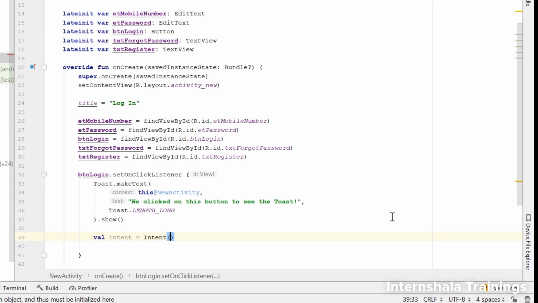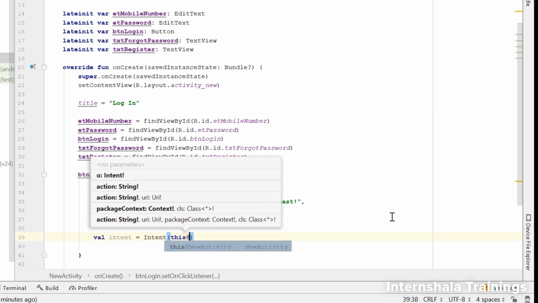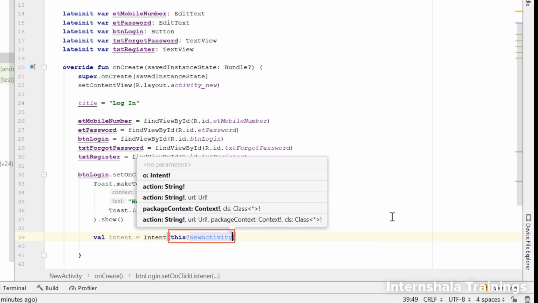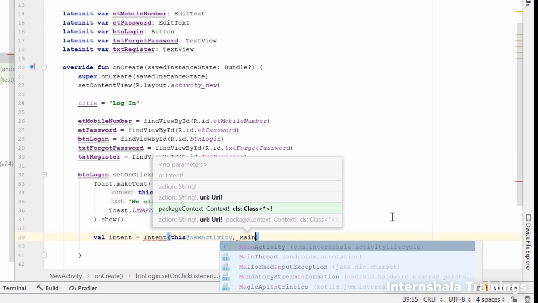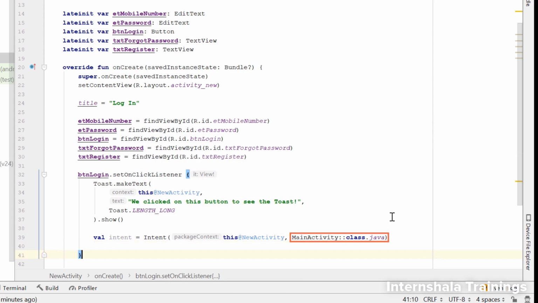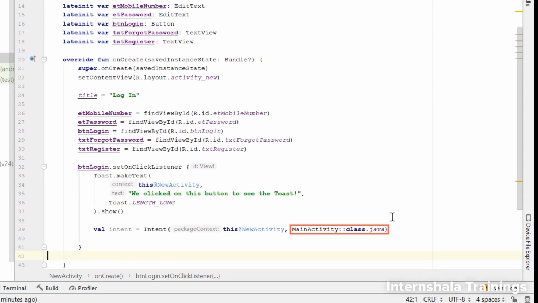In order to use any class, whether it is a user-defined class or an inbuilt library class, we will have to create its object. Now, as parameters, we will pass this @new activity to be the source or the starting point. The ending point is the Avengers activity, which as of now is named as the main activity if you remember. We will use this syntax to give the destination here.